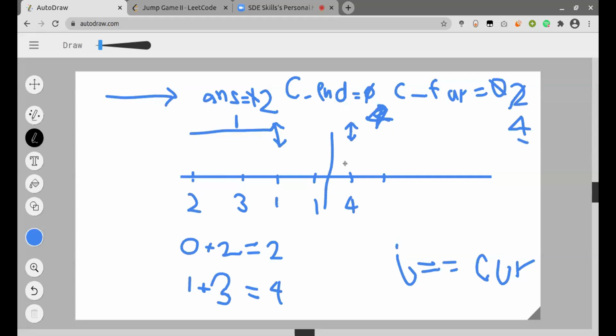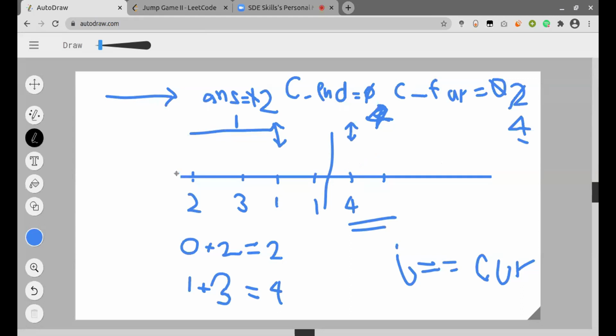Because if I iterate till 4, here the current far is 4, the current end is 4, so the answer will get updated. I don't want the answer to get updated and the total steps to be 3, because that denotes that from 4 I can make some steps to reach a further index. But I just need to go till step 4, the index where the value is 4 itself. So I will iterate till this point only.